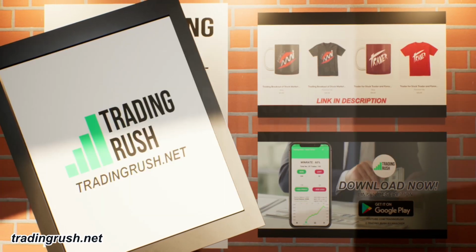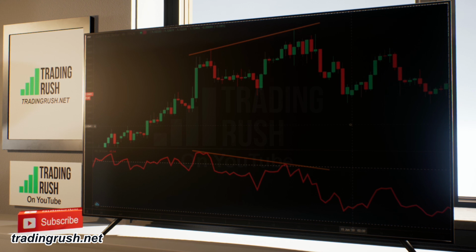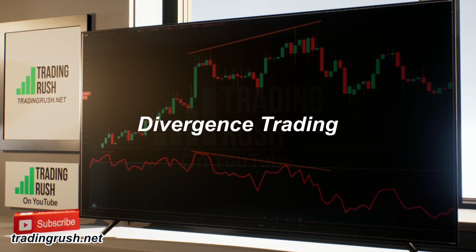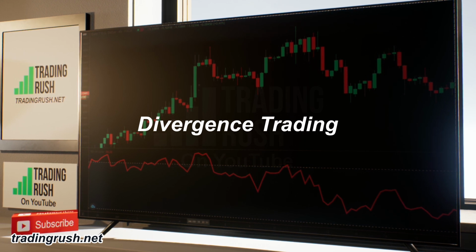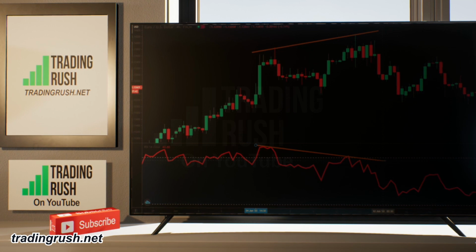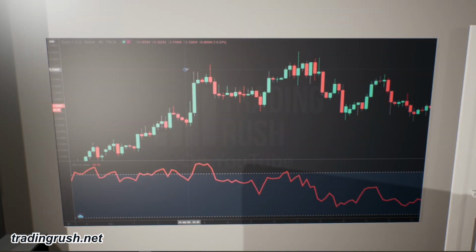What is divergence? Can it make you better at trading? If you have been trading for a while, you have probably heard the term divergence. It is not something you will get to see frequently on a trading chart. But if it does appear in front of you, you should be very careful, because it can indicate a possible change in the direction of the current trend.